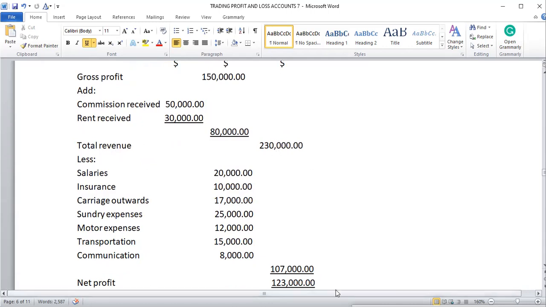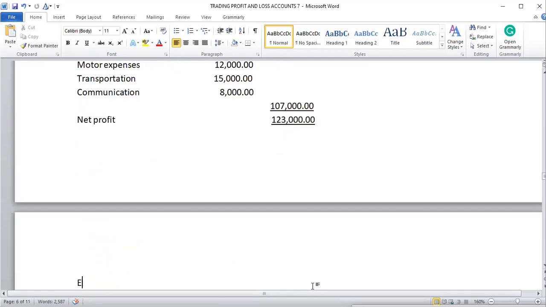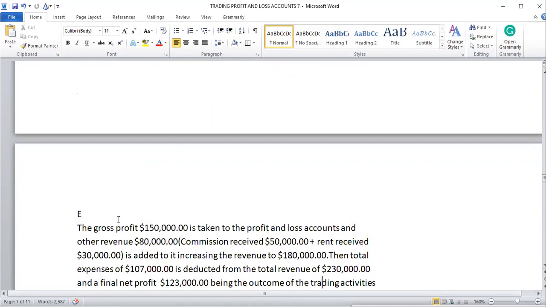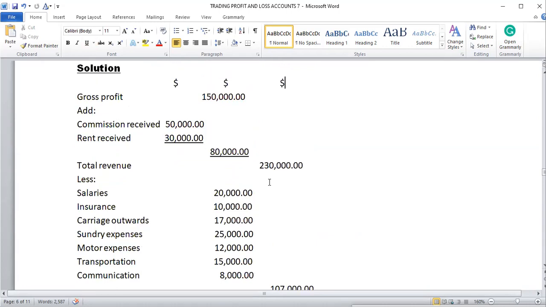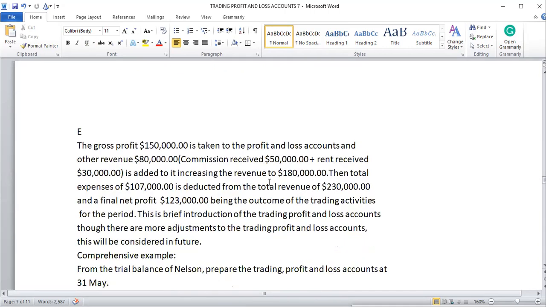Then we get a net profit of $123,000. So in a nutshell, that's how you arrive at your net profit. It's the same explanation that I've given here. The gross profit, which is $150,000, is taken to the profit and loss account, and other revenue, $80,000. From the $80,000 is commission received $50,000 plus rent received $30,000. So both of them is $80,000. It's added to it to increase the revenue to